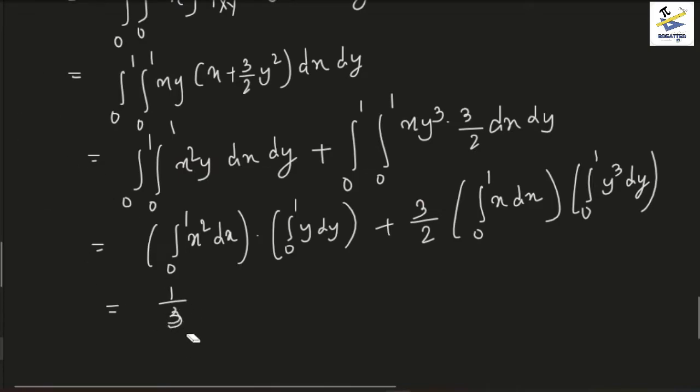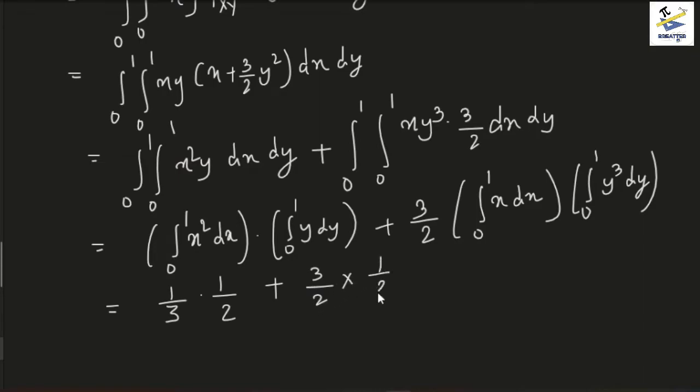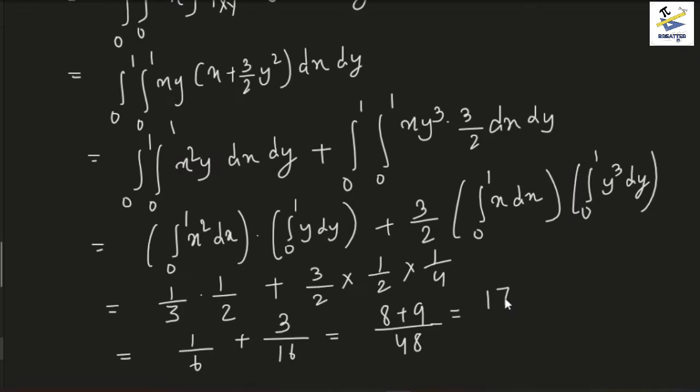Okay, let me just write it correctly. One by 3 multiplied by 1 by 2, and this one would be 3 by 2 multiplied by 1 by 2 multiplied by 1 by 4. So it becomes 1/6 plus 3/16, and they have a common LCM of 48, so it's basically 8 plus 9, which is 17/48, which is the answer, and thus this is the joint expectation